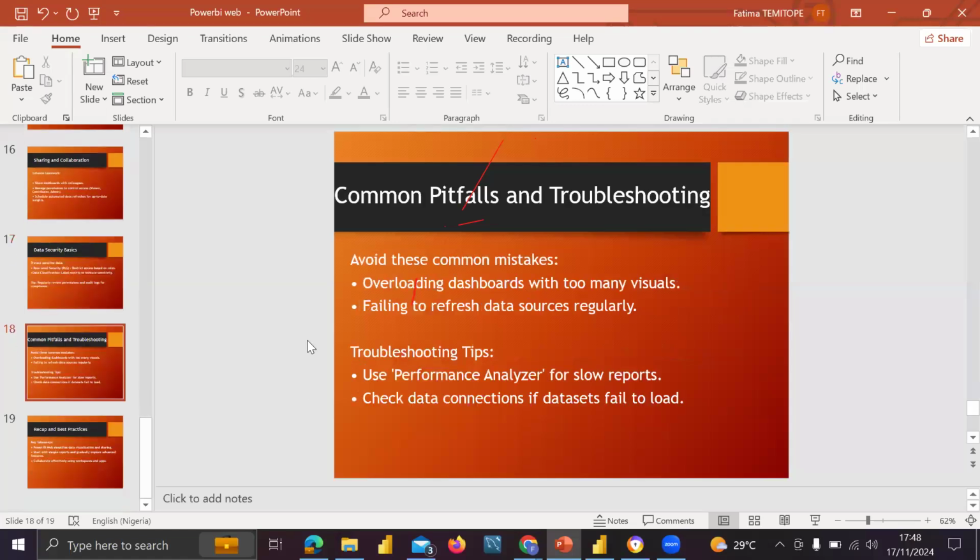Moving on to common pitfalls and troubleshooting problems that you might have. You should avoid overloading a dashboard with too many visuals. For some of you that like using AppSource visuals a lot for your visualization, please try to reduce, with a maximum of 8 or 10 visuals on a page.